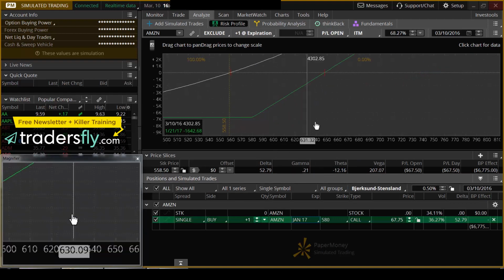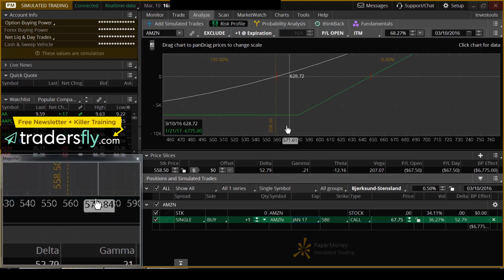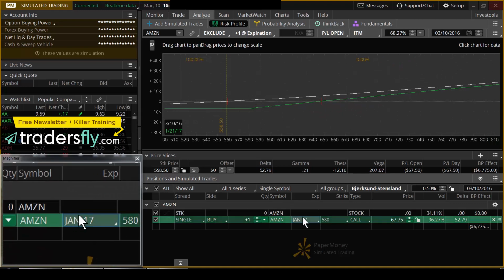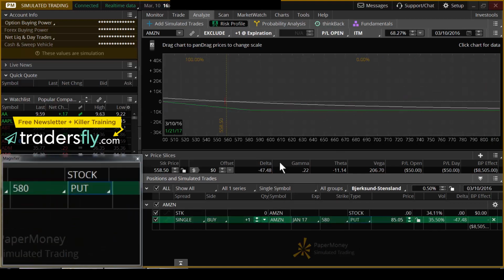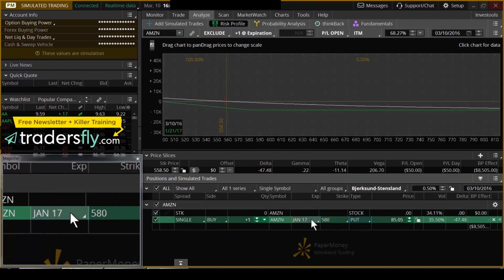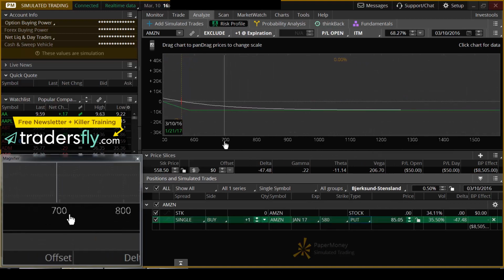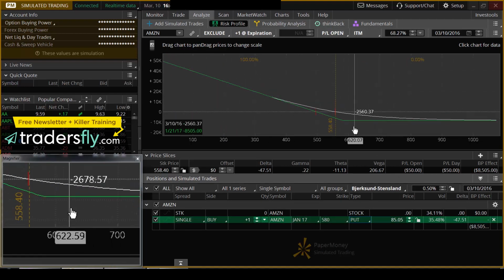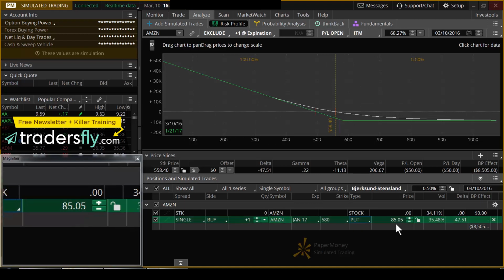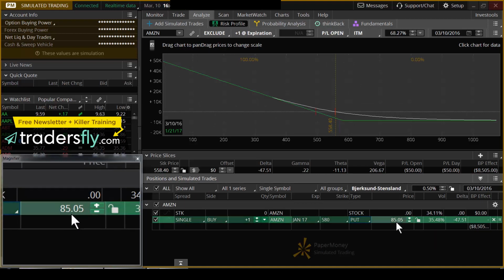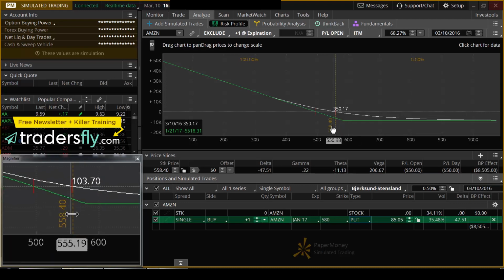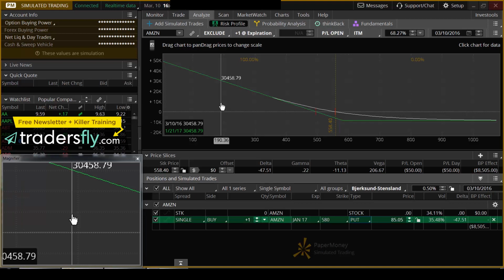But in general, most people trade options by simply buying a call option like this, or if they believe the stock will go down, they will buy a put option. So you'll buy a put option, and now you're looking for this stock to head lower. Your risk is really just the price you pay for that option, which is $85.05. Multiply that times 100, and you get your $8,505. So here you have unlimited upside,